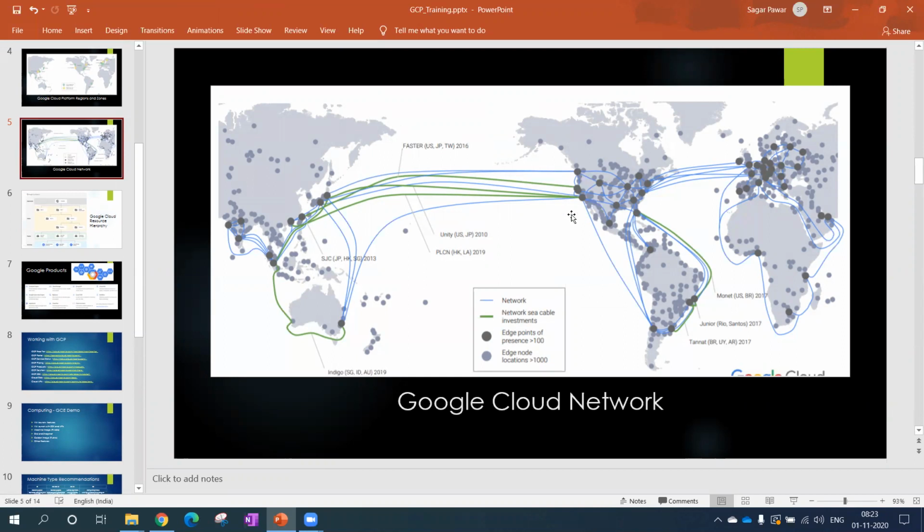See the dots. Every country has some kind of point of presence. So if someone from that country is trying to access the data, the request will go to the POP first. The POP will not send data directly to Google Cloud. The POP will check whether the request is going to a particular server, say a load balancer, and whether the load balancer has cache enabled.